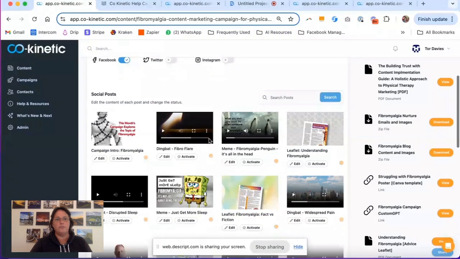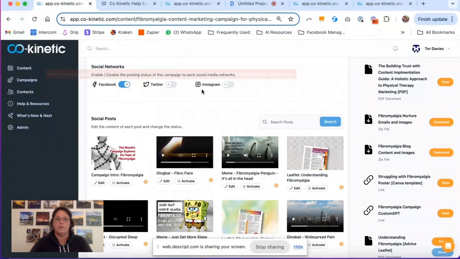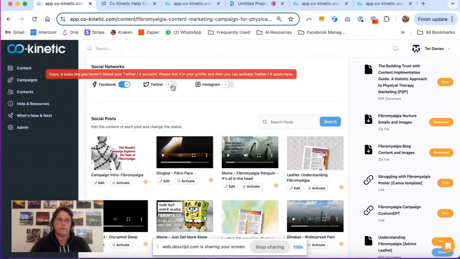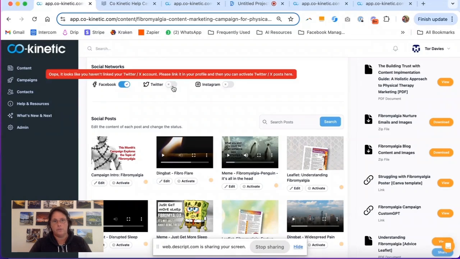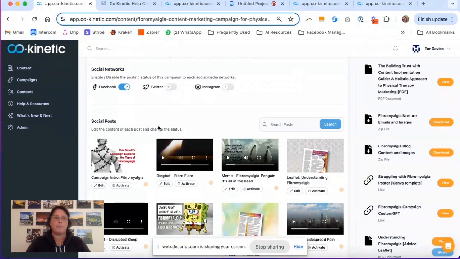First of all, you need to select which social networks you want to post to, and you'll see that if it hasn't been connected under your profile and social networks sections, then it will show you a message saying, oops, you haven't linked your Twitter account, please go and do it. So we toggle on the social networks that you want to post these posts to,